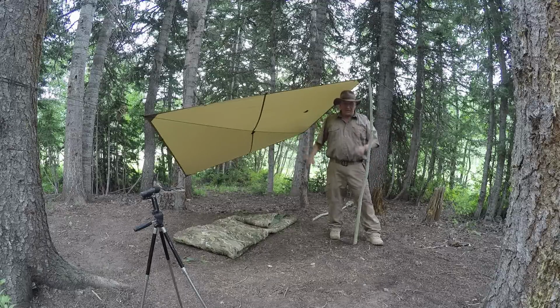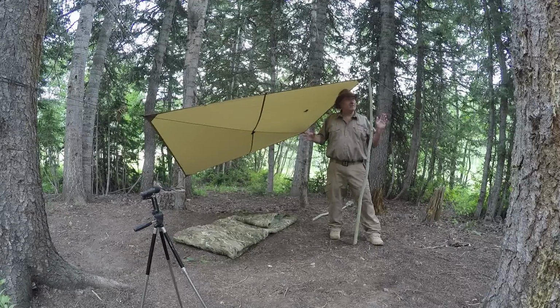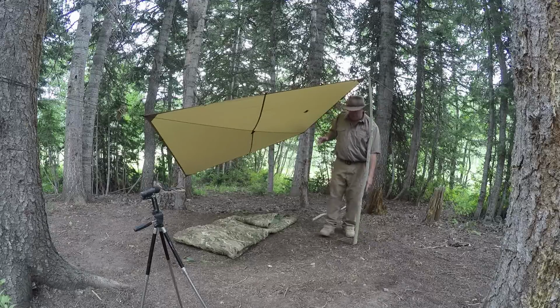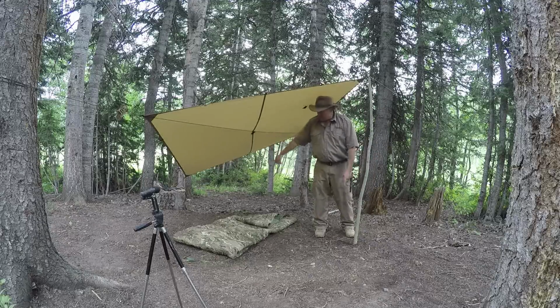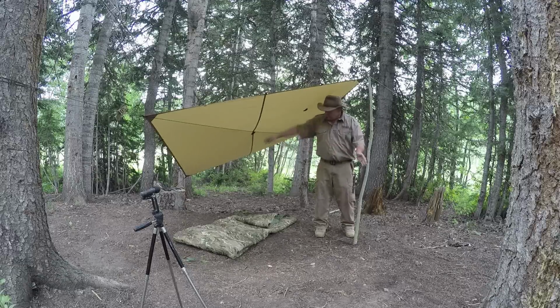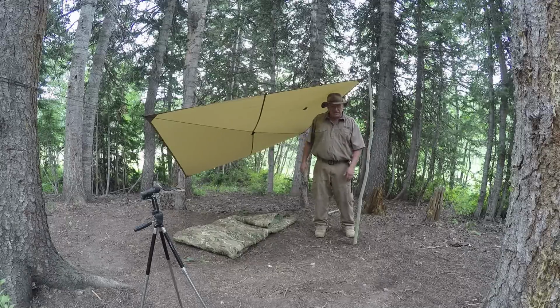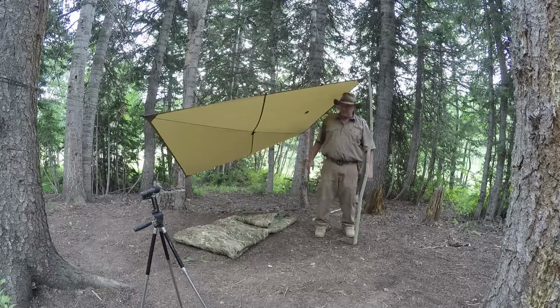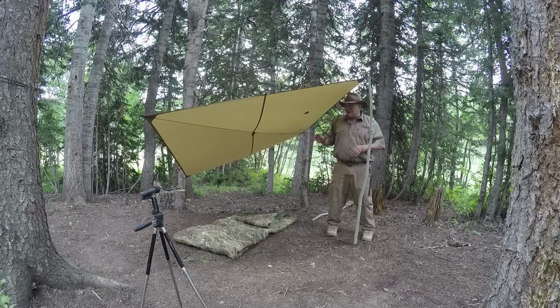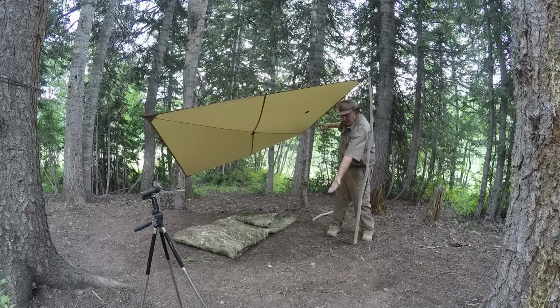Now, as we kind of took you through the steps, if something came up, in just literally a few minutes, I can change this into a different shelter. I can pull this stick out, I can stake this corner down, I can pull that one over there out, stake it down. Then I've got an A-frame shape like this, 10 feet end to end this way, and I can be 6 or 7 feet going out that way, and I can close this thing in a great deal in just a matter of a moment. And if I need to close it in even more than that, I can drop that corner there down or that corner there down, tilt this thing either this way or this way, like you saw at the beginning,